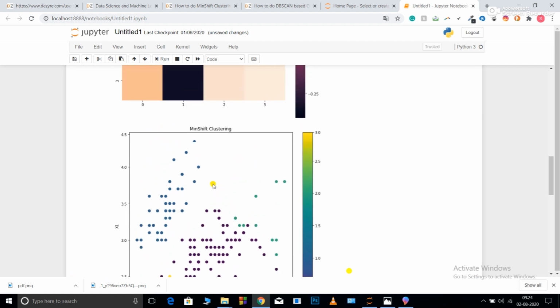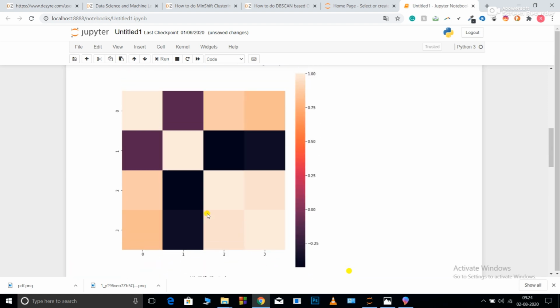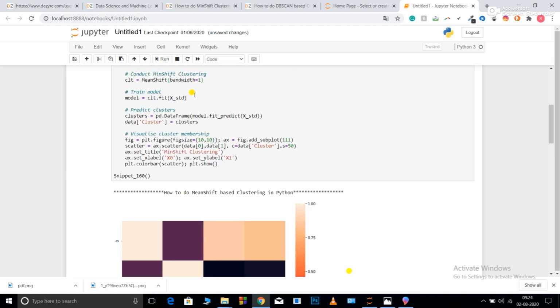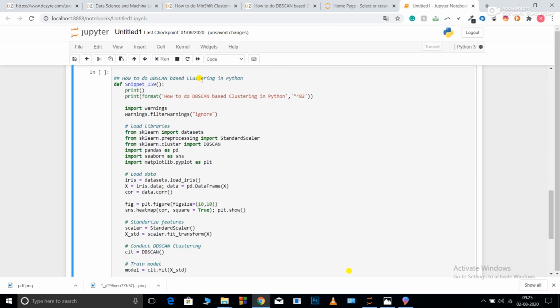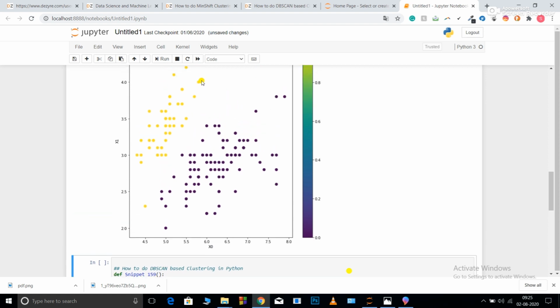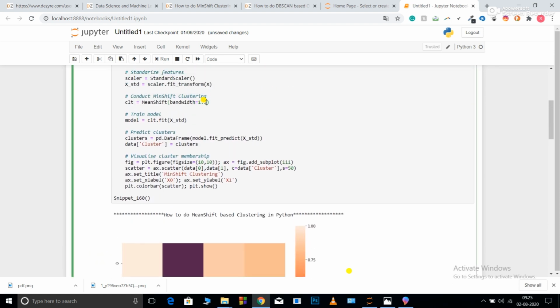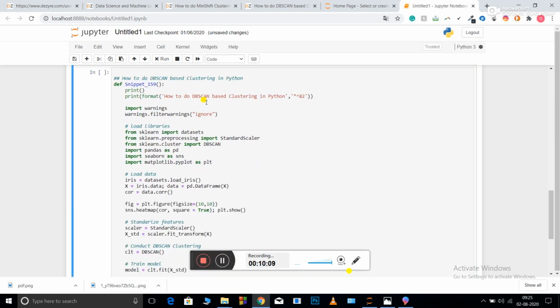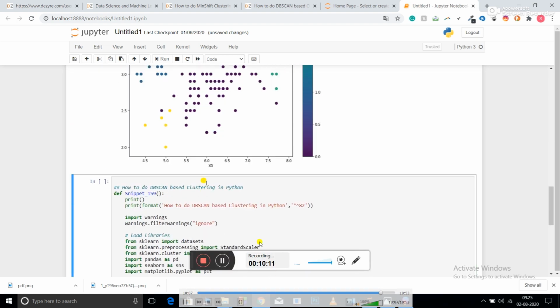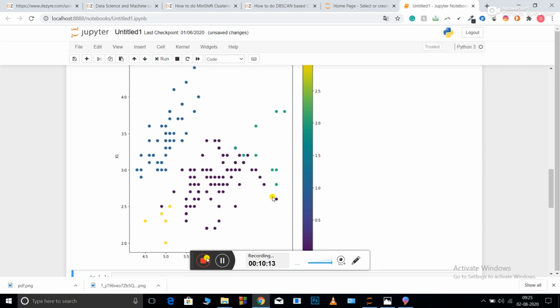So basically you are in charge of the bandwidth. You need to hyperparameter tune it to get the best result. Let me check it with 1.5. Now they have